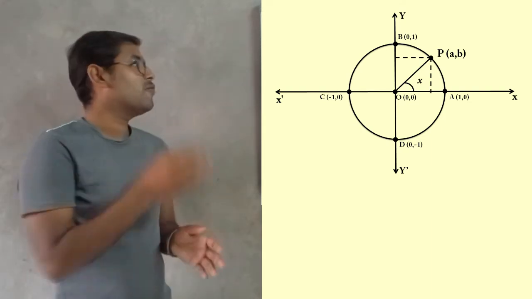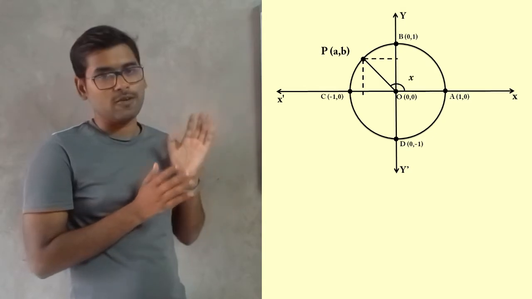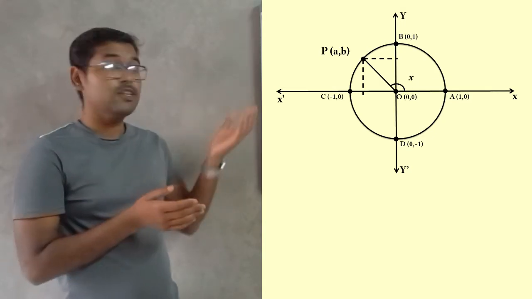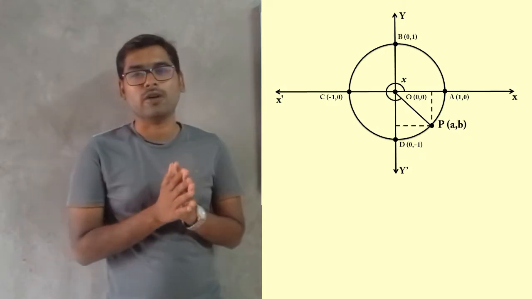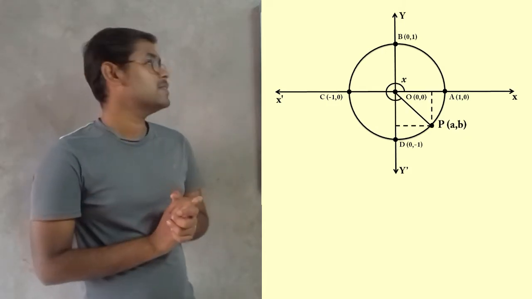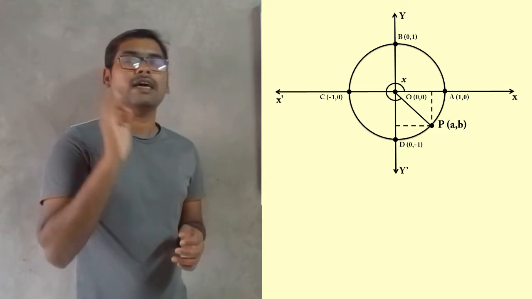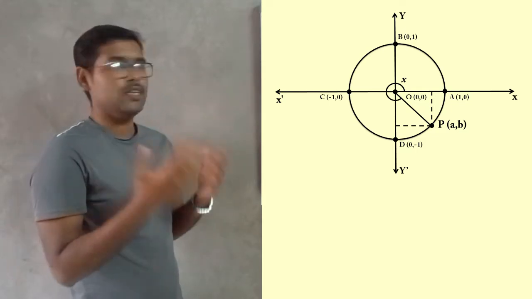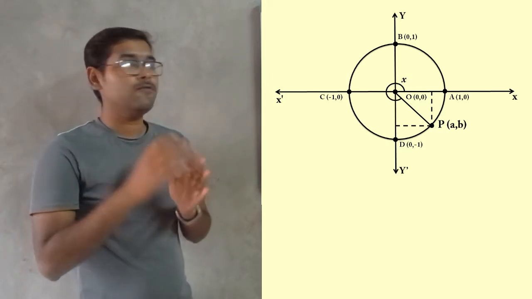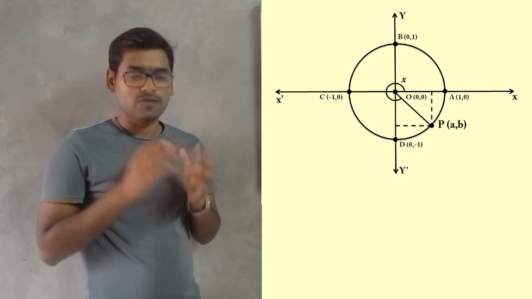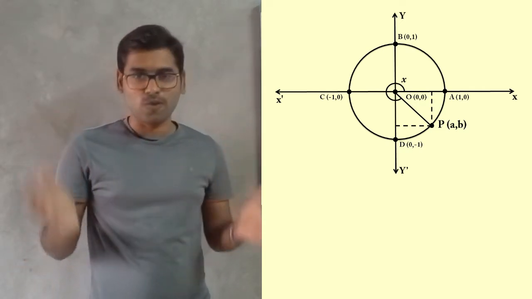Guys, observe here, if I increase the value of x, the point P will shift from the first quadrant to the second quadrant. If I increase it more, it will shift to the third quadrant. If I increase it furthermore, it will shift to the fourth quadrant. An important point to note here is, whenever point P shifts from one quadrant to another, the signs of its coordinates will change, which means cos x and sin x will have different signs in different quadrants. So now let us look at the signs of these trigonometric functions in different quadrants.